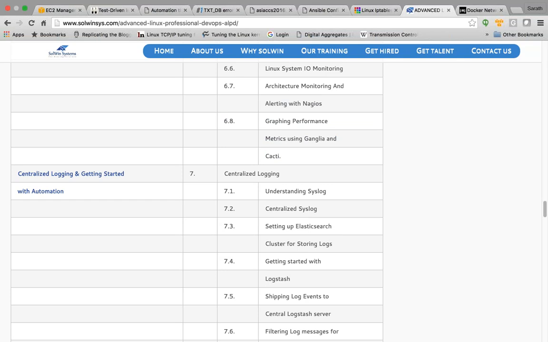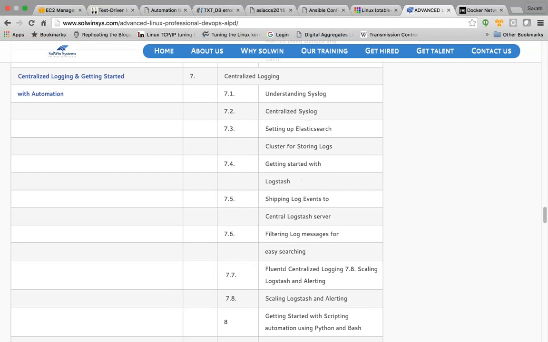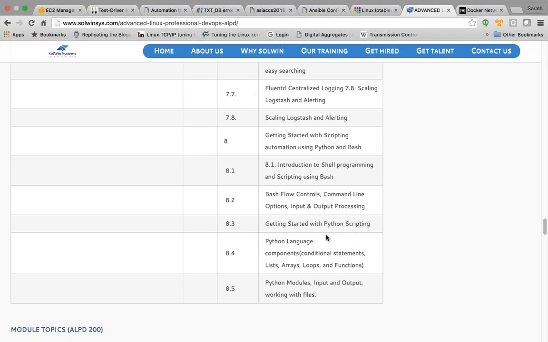So what if I want to know what happened on one particular server for the past 1 week, or what happened, let's say, for example, on 25th of June 2016 on one particular server. I want to see what was the status of the server at 2 p.m. on 25th of June. So you need to have time series data, something that stores the complete detail of a server in a time series fashion to a database, and it will plot graphs for later analysis. So we will be learning that as well. We'll learn about centralized logging, and we will actually start with a bit of automation in this section.